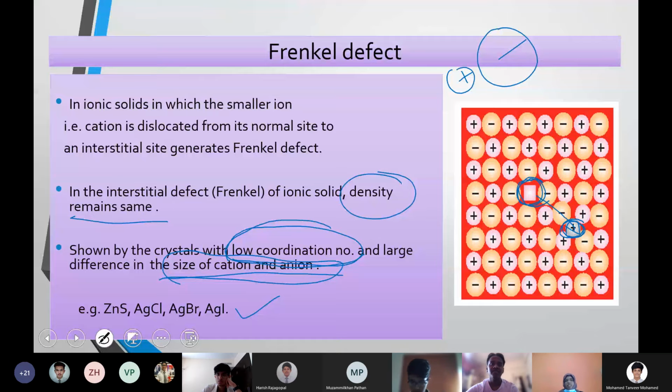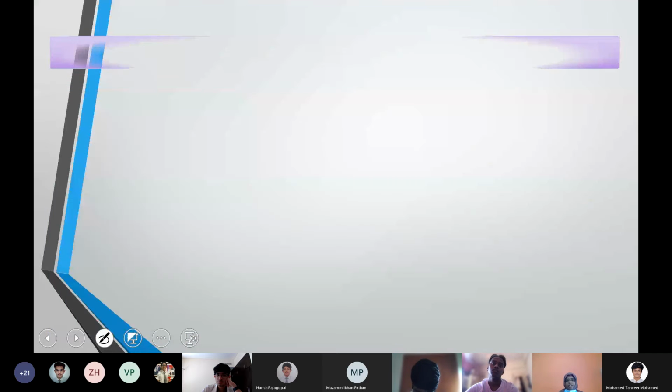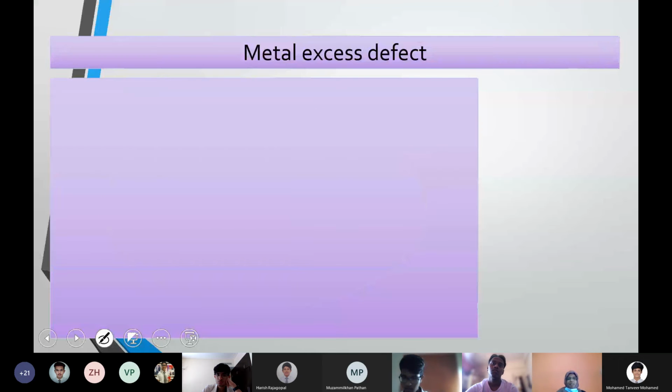So that is what stoichiometric defects are. Stoichiometric defects are classified basically as vacancy and interstitial, and we took the examples of Schottky and Frenkel defect, right? So that's coming under stoichiometric defect. Now we'll move to the non-stoichiometric defect, that is metal excess and metal deficiency. Again, this is very easy to understand from the word itself, metal excess defect. What do you mean by metal excess?